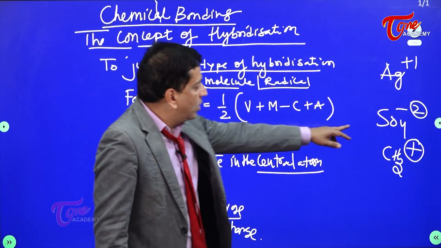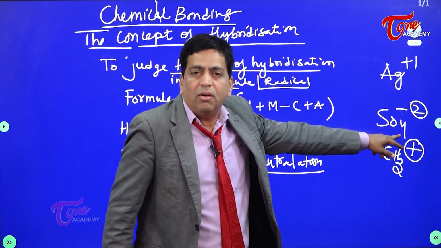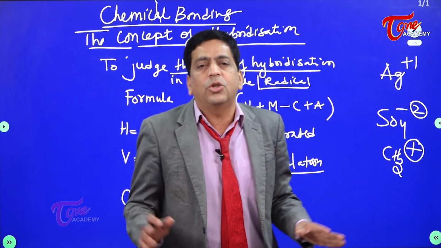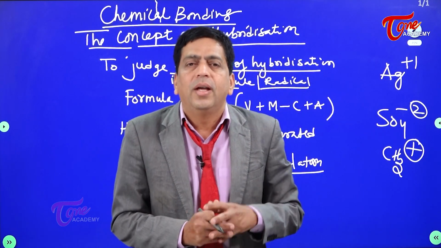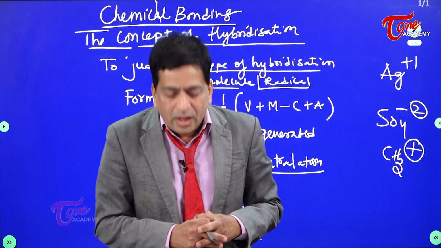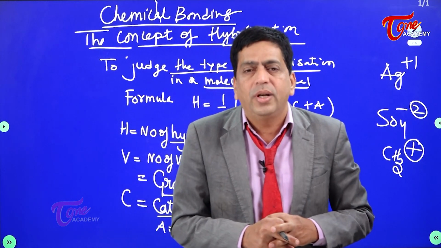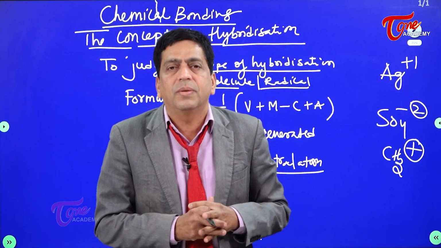Anionic charge. Suppose this is the anion, the charge on this is 2. Don't put -2, it goes wrong. I need only the charge to be mentioned in the formula, not the sign. So let us take examples for making things easy. I'm telling you what I'm doing. Let me be very clear. I put it in sequence.